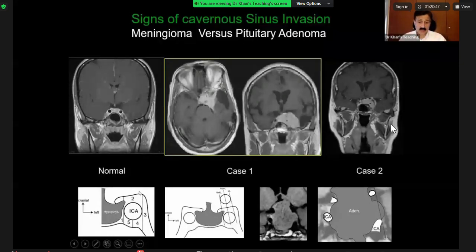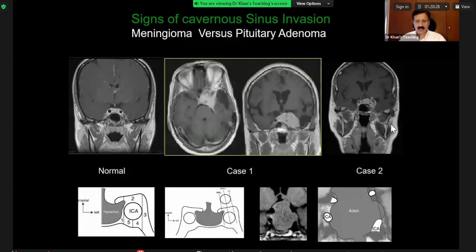If you are a neuroradiologist, you divide the cavernous sinus into various compartments. I'm not going to teach you this, but anybody who's interested, if you Google it, this is an article from Radiology. It divides the cavernous sinus,